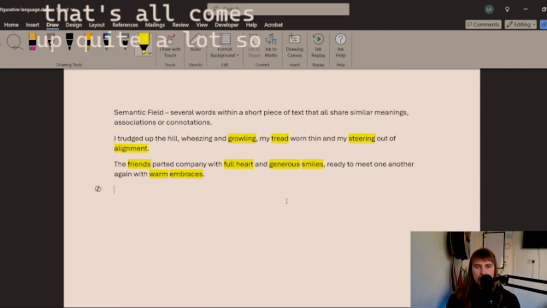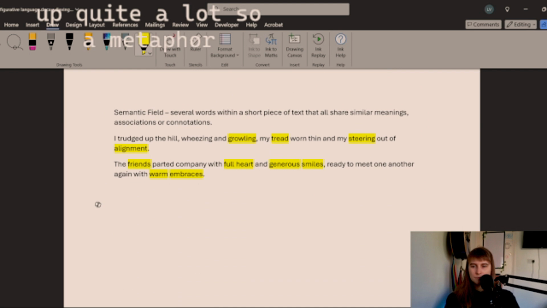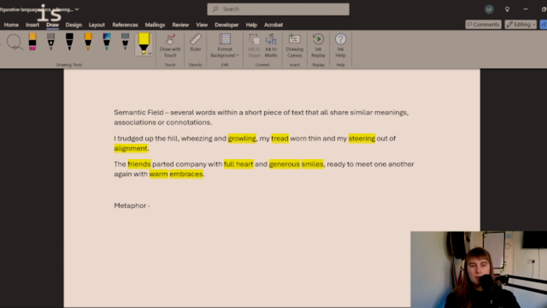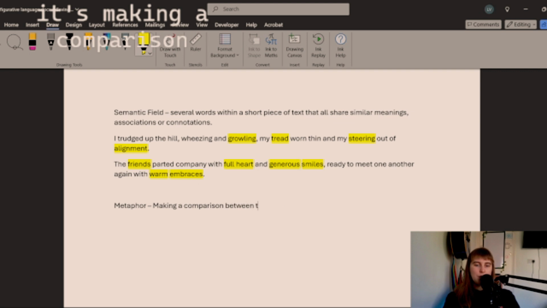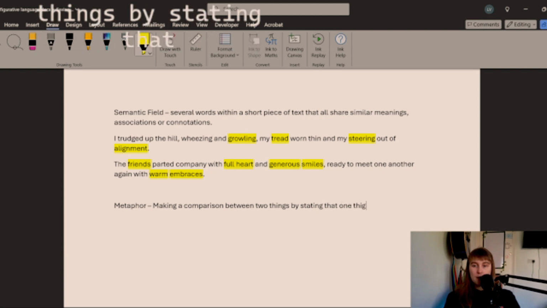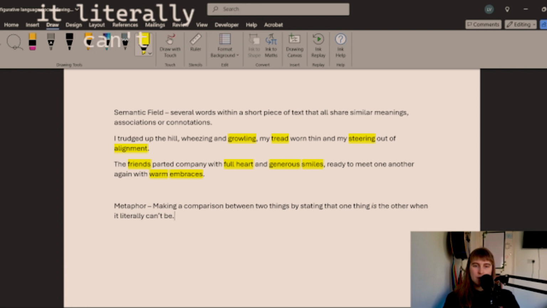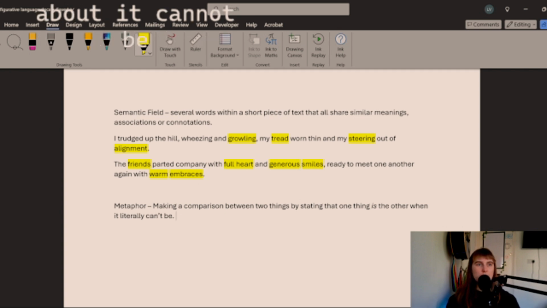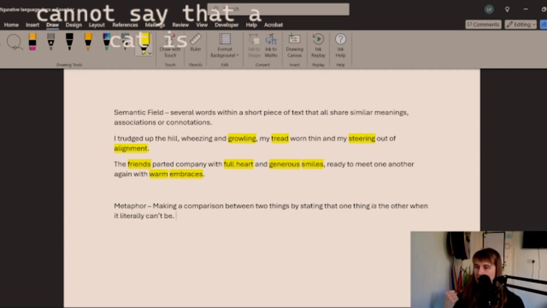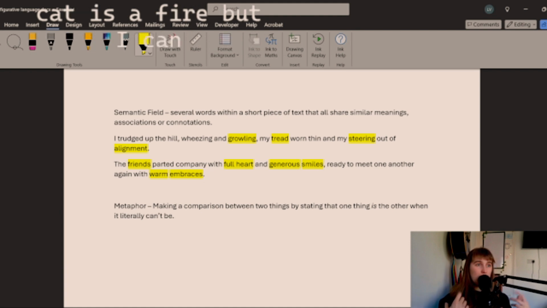So, a metaphor is similar to simile in that it's making a comparison between two things by stating that one thing is the other when it literally can't be. So as I said at the beginning, this is not literal language we're talking about. It cannot be true. So I cannot say that a cat is a fire, but I can, if I said